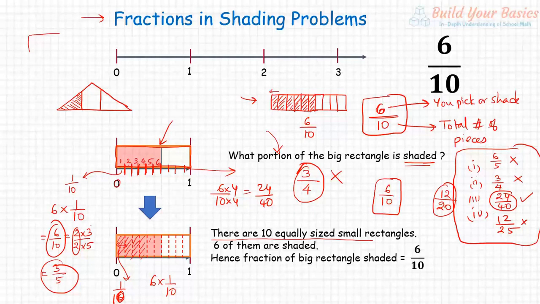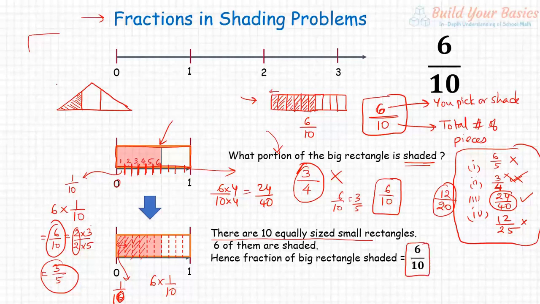Here you don't go like, okay, 3 by 5 is my answer, 6 by 10 is equal to 3 by 5, and in the choices the closest one is 3 by 4, so I will choose that. Those kinds of things, don't do. Always the answer will be exact. There will not be any approximation. Only if you are asked to approximately do something, like the estimation and rounding off we did, you can estimate. But here it should be exact. Is this clear?